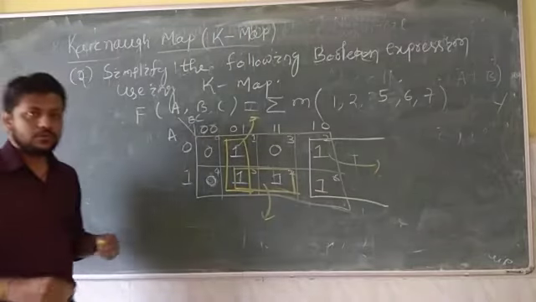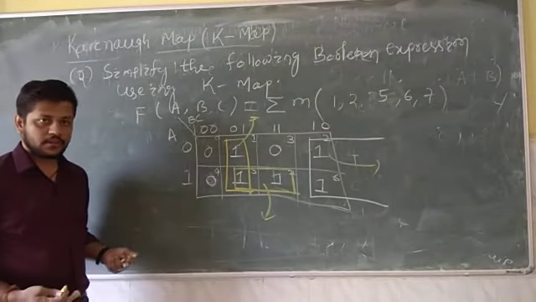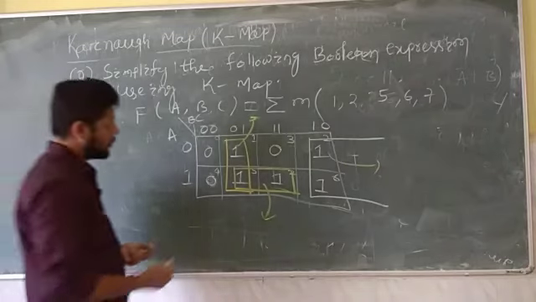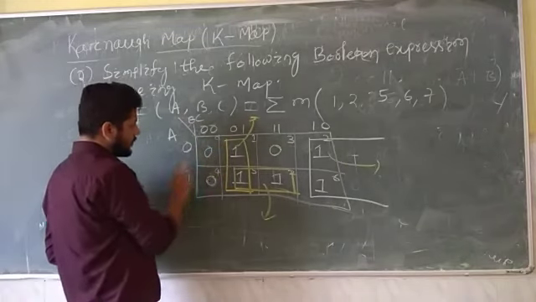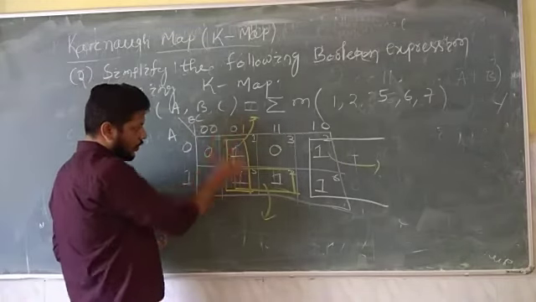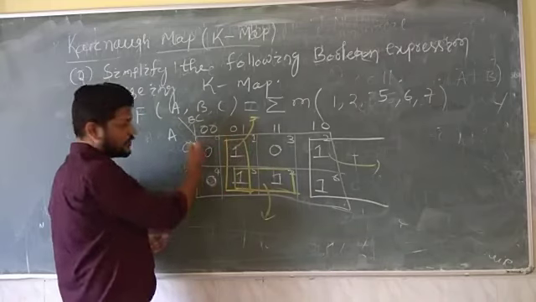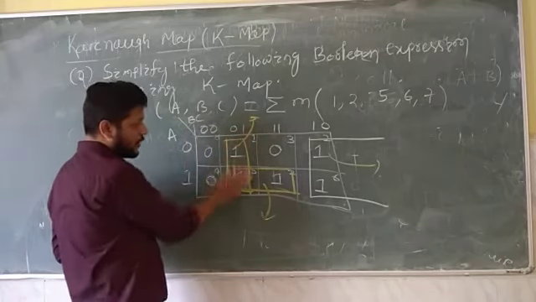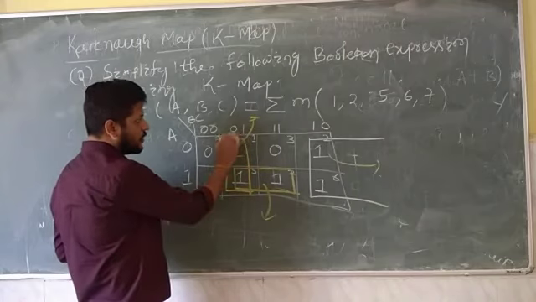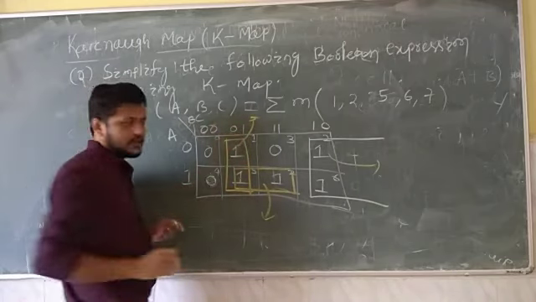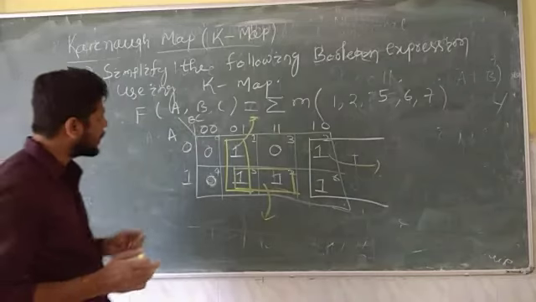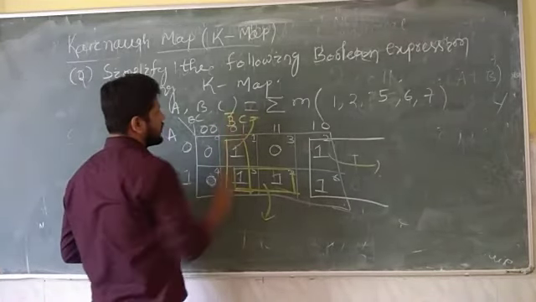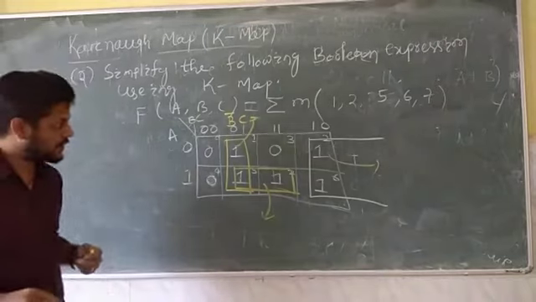Then how to use that possible combination, how to write the expression. First you have to see here, this is a column combination. Here 0 and 1 is changing, so no need to consider the A, only whichever is common you have to write. So 0, 1 is common. This is a sum of product expression, 0 means B bar and 1 means C. So we have to write this as B bar C.